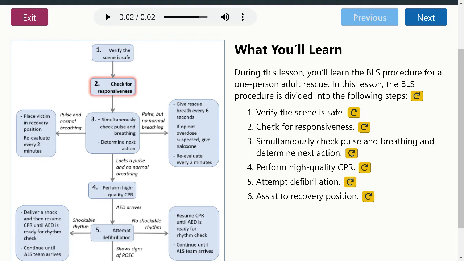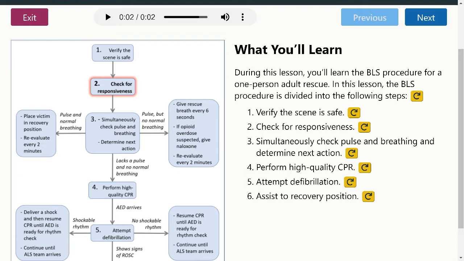So once you figure out that there's no breathing, meaning their chest not rising, no pulse, means no circulation, then you're going to perform high quality CPR. But you're gonna, between there, you're going to call for help, call for AED. Because the quicker you get the AED in the picture, the quicker the chances will be. So you'll do that. You're gonna do high quality CPR, starting with chest compressions.